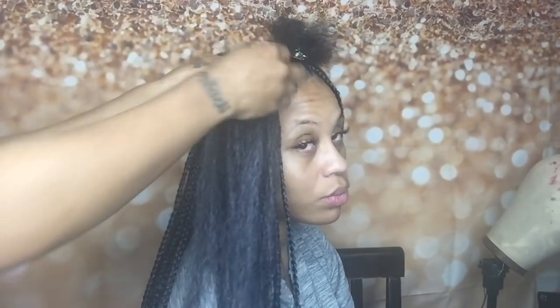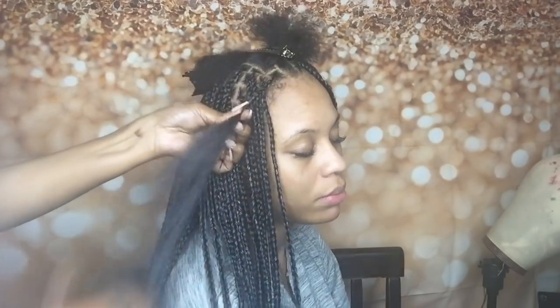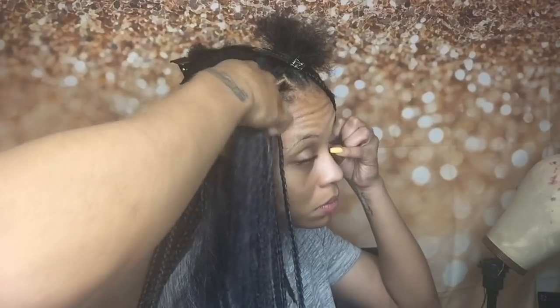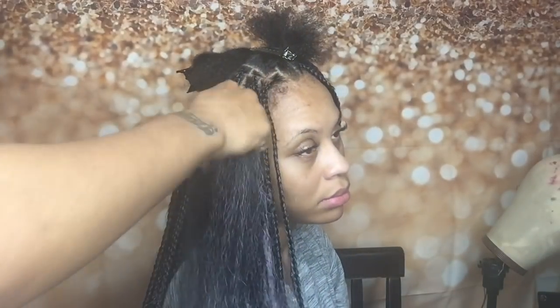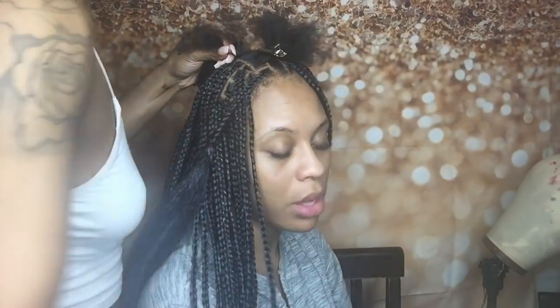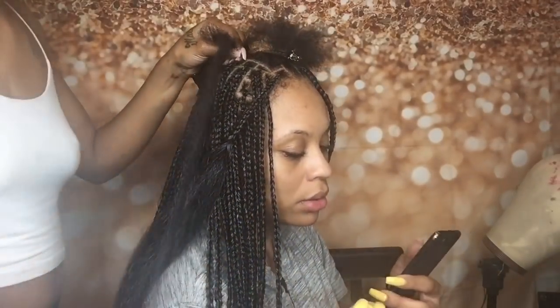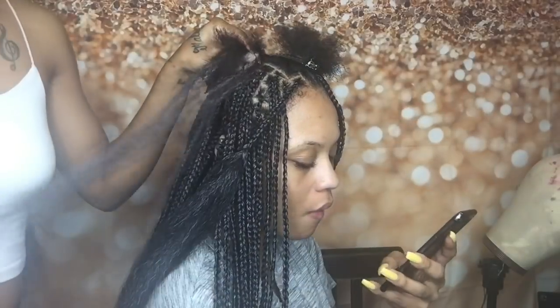Basically, you part all of the braids in boxes. Now, me personally, in the front, I part the boxes a little smaller, sometimes bigger, depending on the client's hairline and how long or short that front section is. So, here you just see me parting the hair,